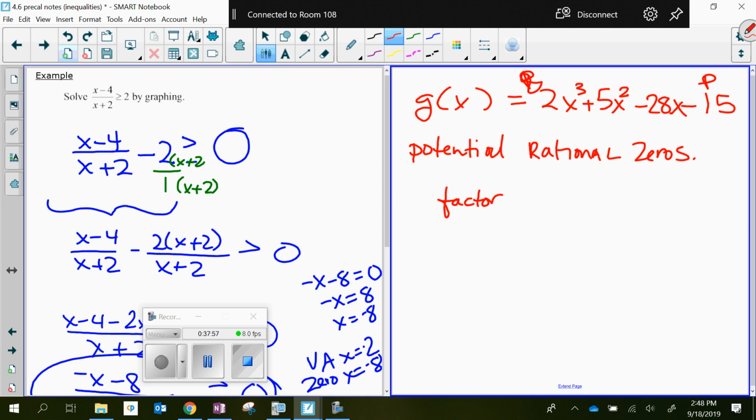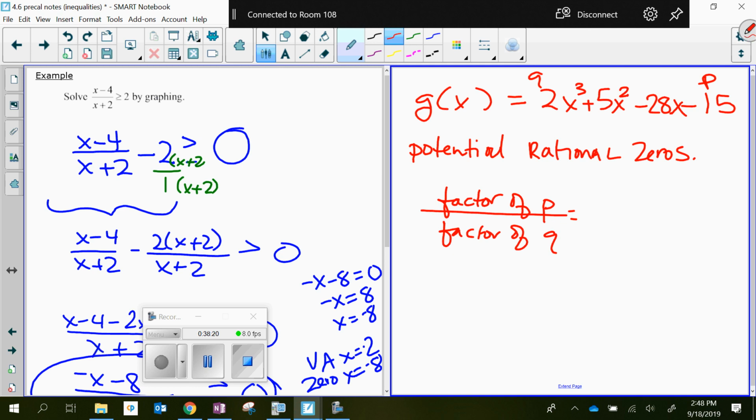So P is at the end, as in period. That's Q. So factors of P over factors of Q. Those are our potential. All right, so